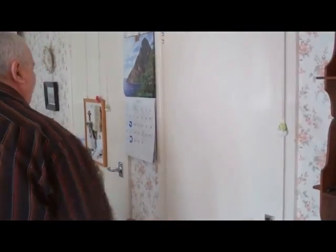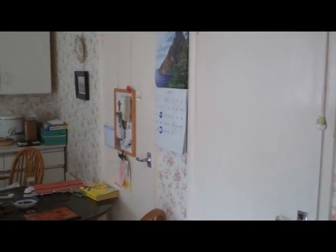And into the kitchen. Now, what's interesting about this is that it used to be 2 rooms, and you can see there's 2 doors. And the idea was that this used to be a bedroom where me and my brother used to hang out years before the conversion of the roof, which led to a bit more space. But it's actually really nice. It's a larger kitchen with all mod cons,